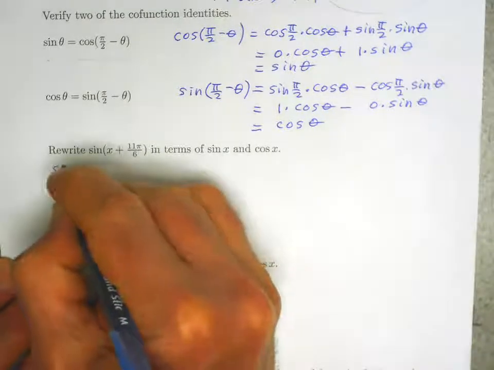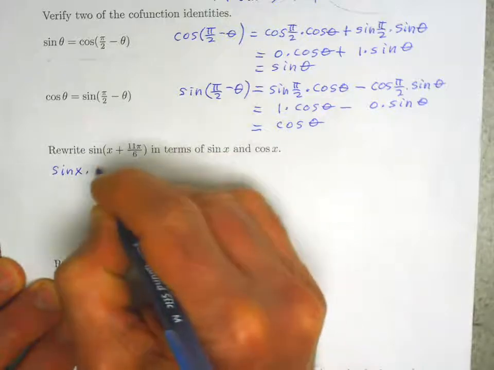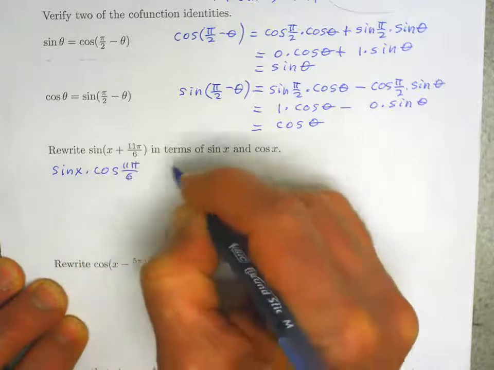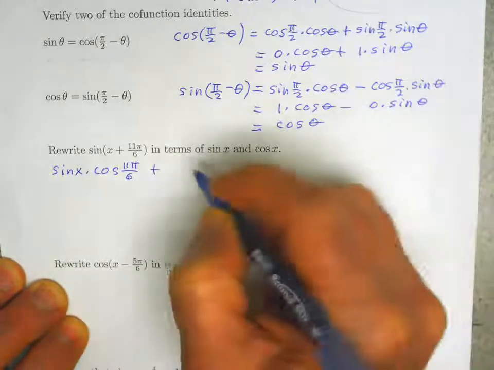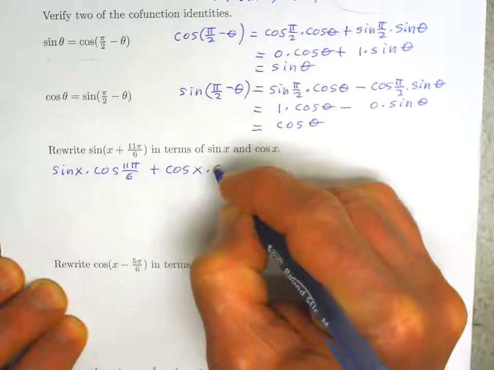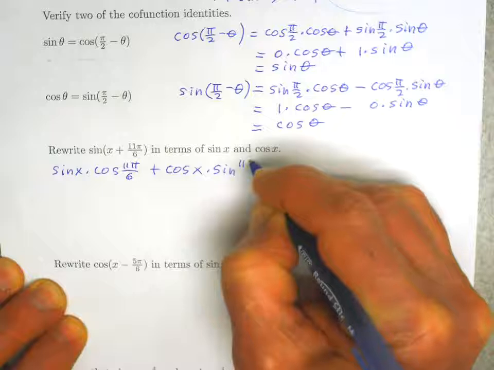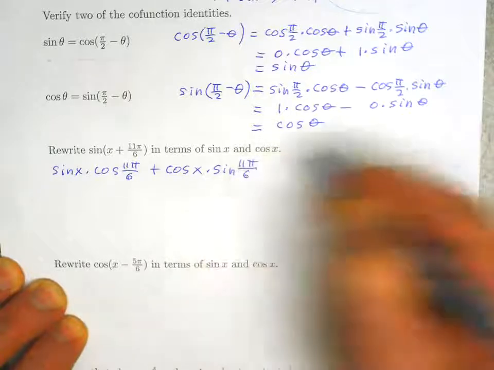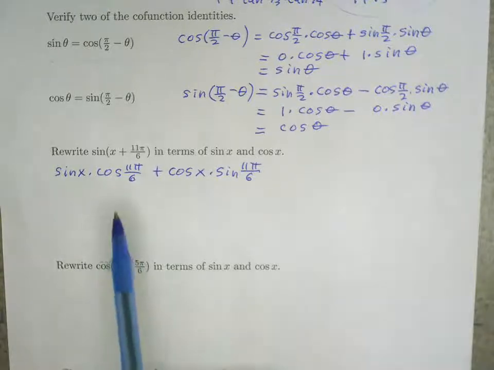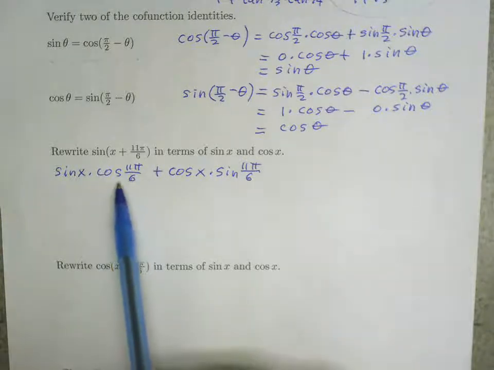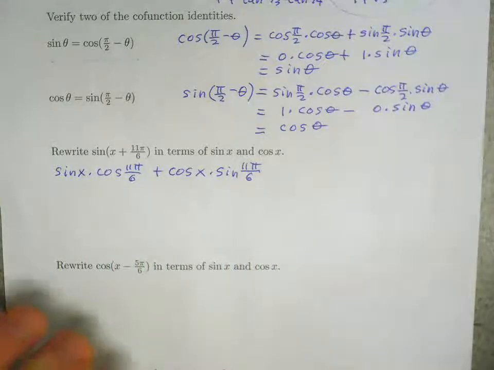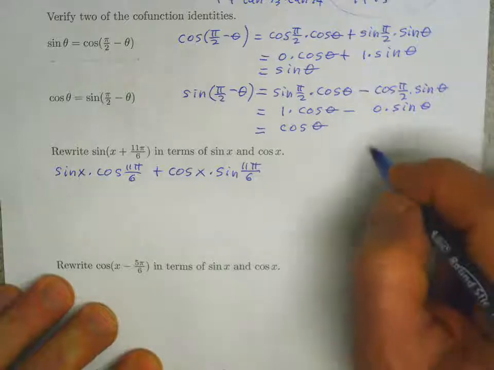This is sine of x times cosine of 11 pi over 6, and then plus cosine of x times sine of 11 pi over 6. So what we have to do is evaluate cosine of 11 pi over 6 and sine of 11 pi over 6. If you want to draw the angle,